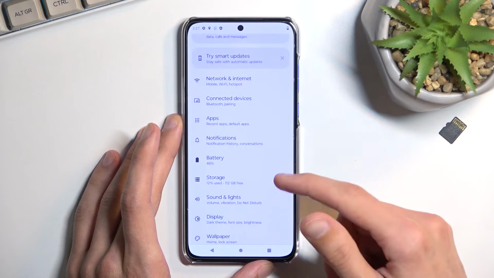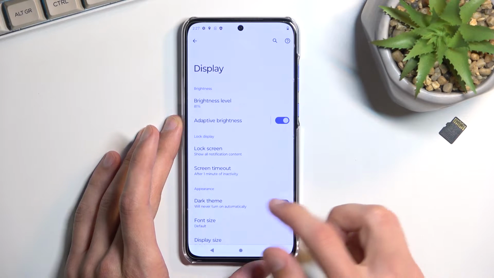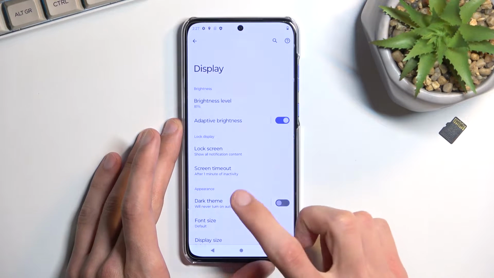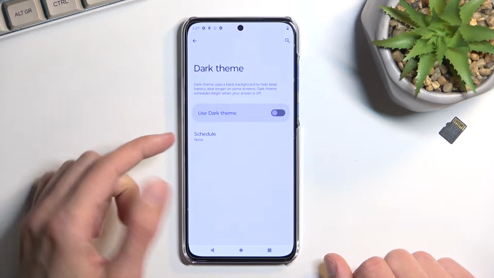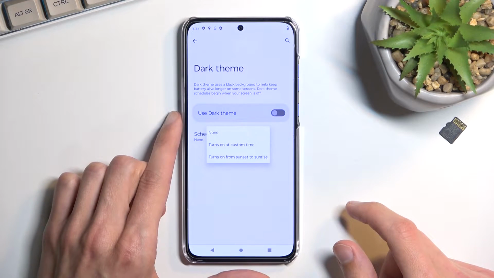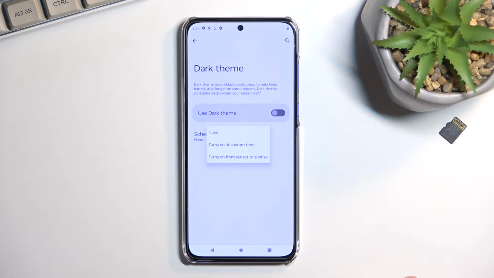But something that you might not know is that along with the dark mode, or as it's called, the dark theme in here, you can tap on the text and this will allow you to set it up as a schedule or sunrise to sunset, or sunset to sunrise, as it's the other way around. So this would basically allow the phone to automatically change between light and dark mode based on time of day,